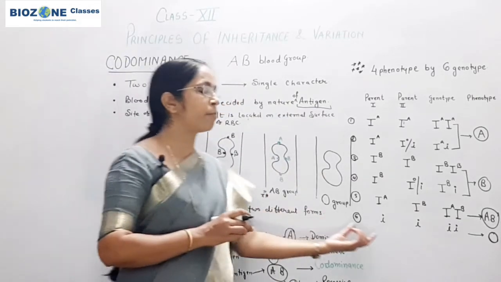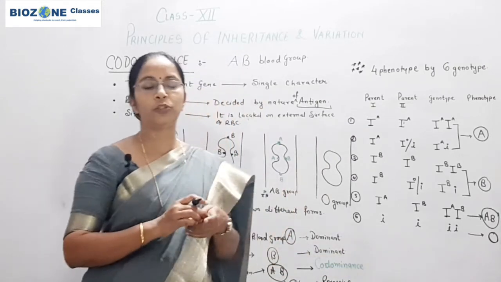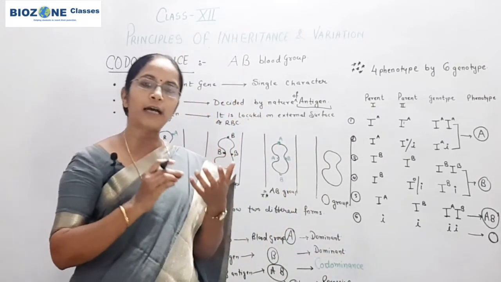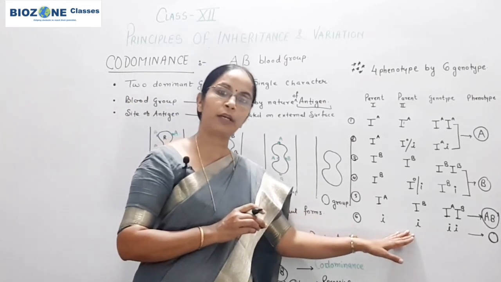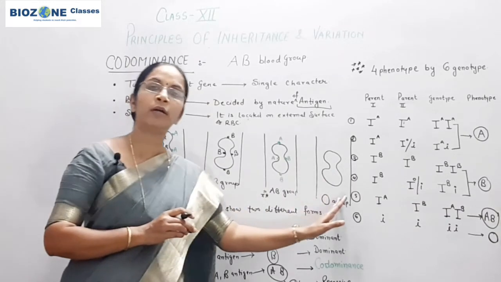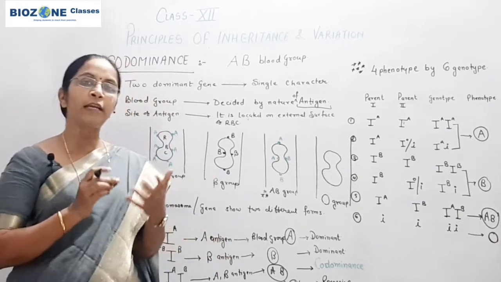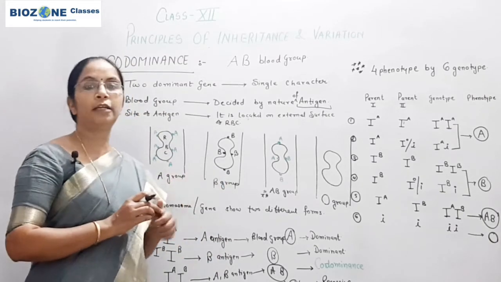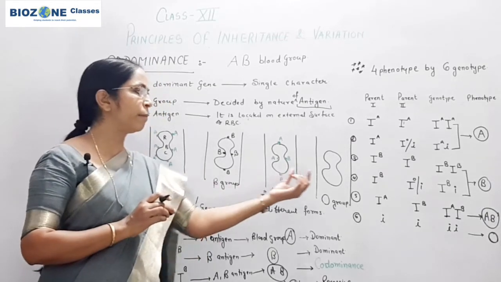You very well prepare this table, because it is one of the most important topics for your board exams. Conceptually the topic is important for your NEET exam also, but before NEET, for the students who are preparing for class 12th, this is one of the most important tables. Secondly, this concept I only explain to clear your doubts, because most of the students have doubts about where exactly the antigen is present. So you very well remember the shape.